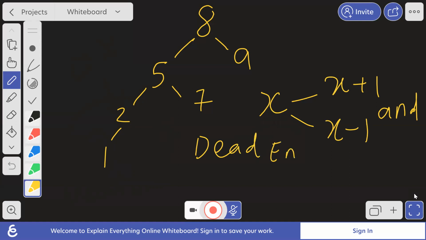If x plus 1 and x minus 1 are present in the BST, then that leaf node is a dead end. Another better way to check this is, I'll show you the code for that, but I hope you have understood this much. So actually, if you look at the GFG code,